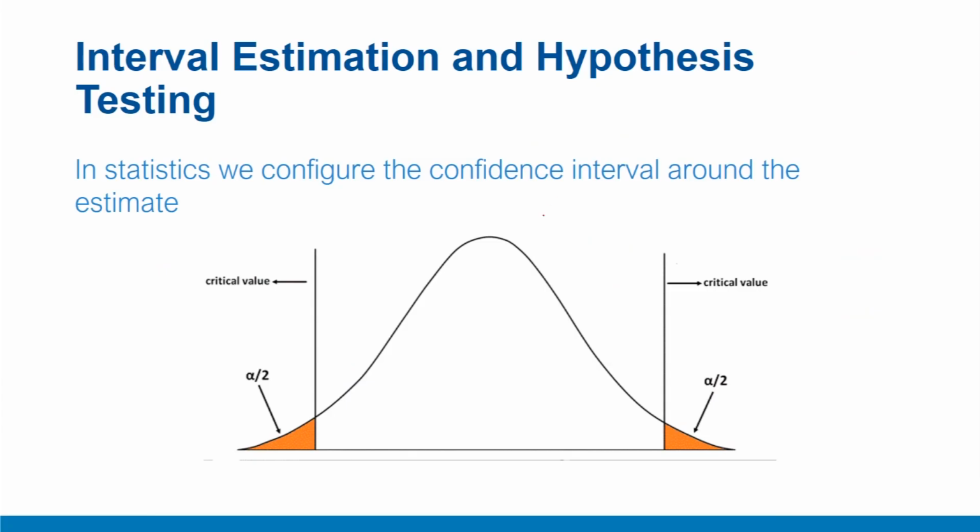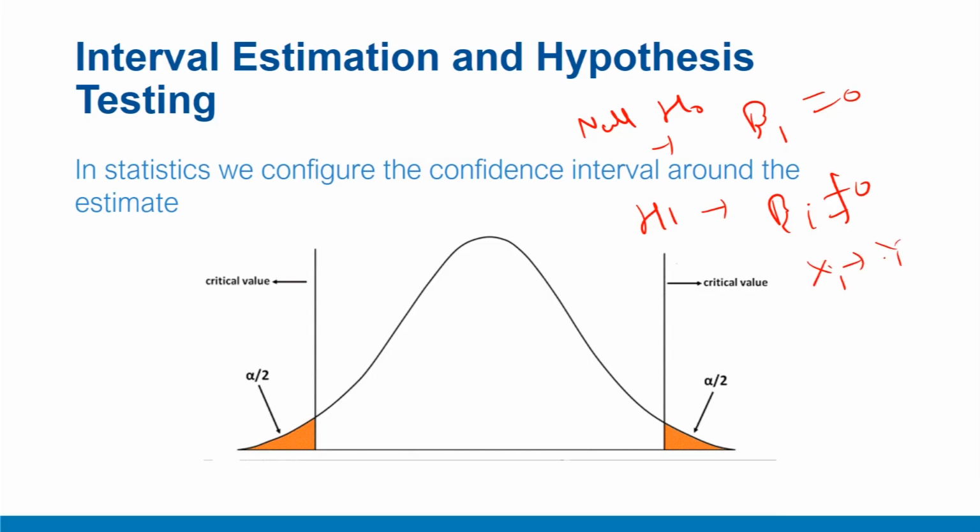So just to summarize the discussion, you assume a null hypothesis, which is called H0, that the true population parameter beta 1 is assumed to be 0 in most of the cases, and therefore your alternate hypothesis H1 is that the true population parameter beta 1 is not equal to 0, or the variable of interest, which is xi, affects the variable y. The decision rule here goes like this. You construct a confidence level of 1 minus alpha, where alpha is 5%, the level of significance. So your confidence interval is 95% for the population parameter beta 1.